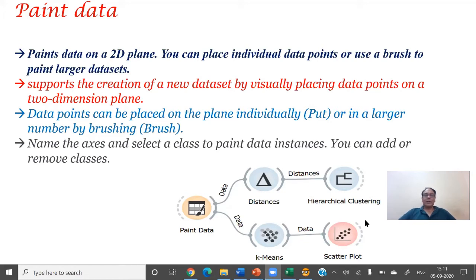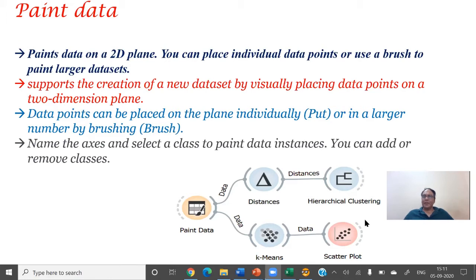And okay, Prashant is asking about using distance. What is the distance? Prashant, actually, distance is a concept which comes from mathematics. If you had mathematics in 11th or 12th class, there's a formula that the distance between two observations is the square root of (x2 minus x1) squared plus (y2 minus y1) squared. So here x and y are the variables, and you can find out the distance between two observations.